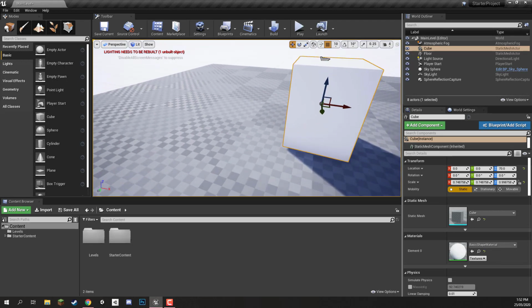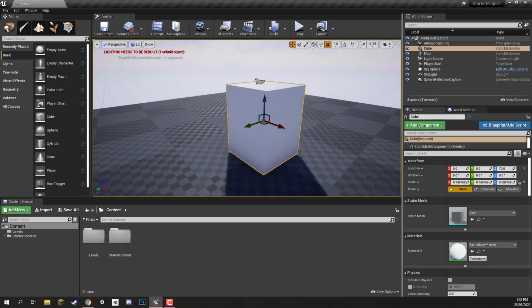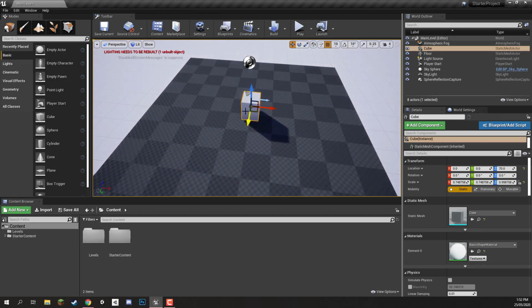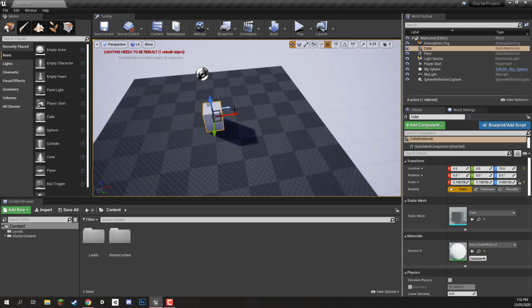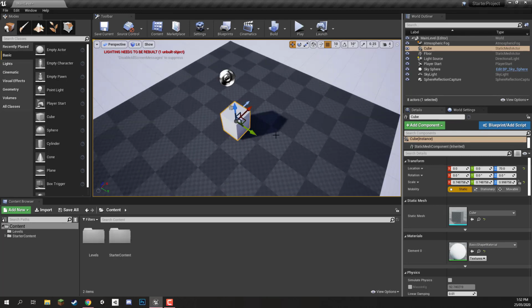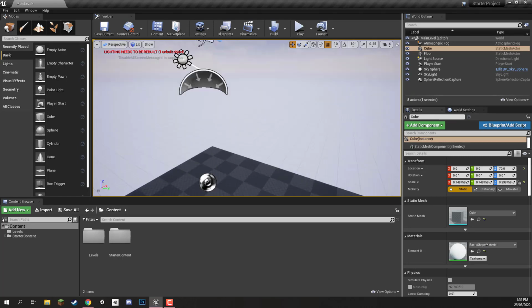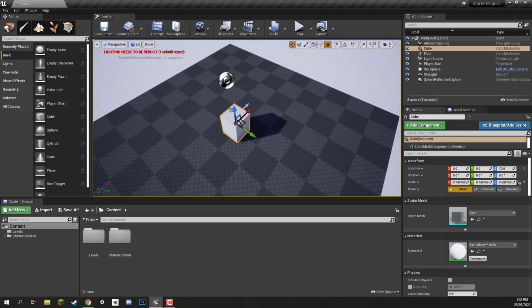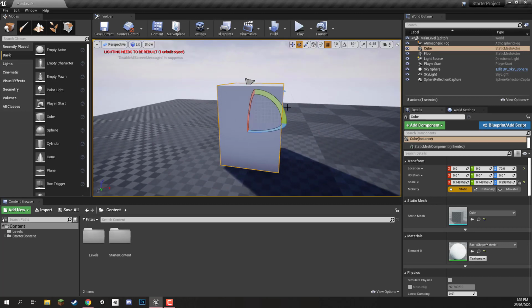Now, one more thing that I want to talk about is the difference between local and global space. In Unreal, we have global space, which basically means in the center of the world is the 0, 0, 0 position, and each way you go, so if you go this way, you'll go positive X, this way, you will go positive Y, and vertically, you'll go positive Z. But what happens if we get this cube here,